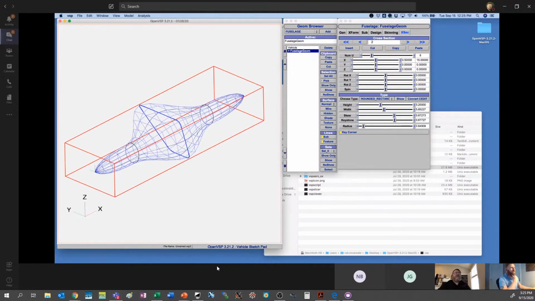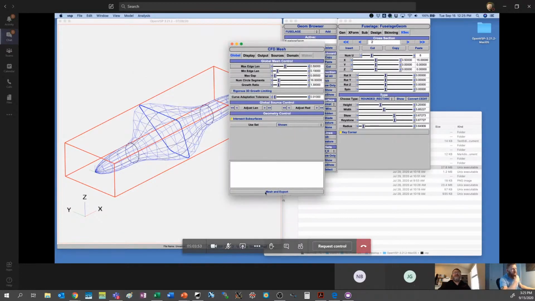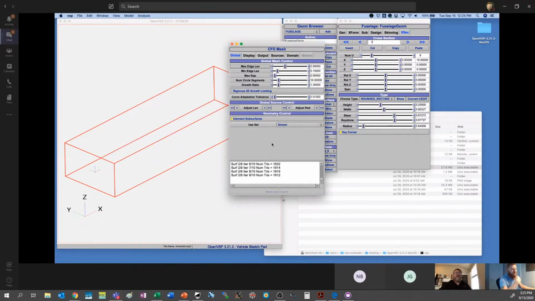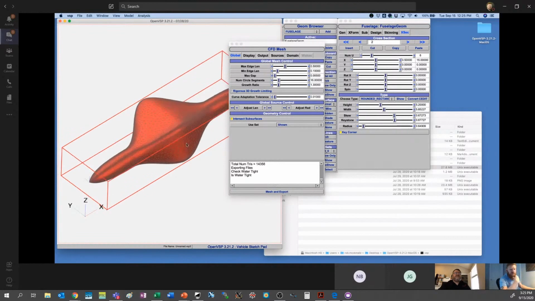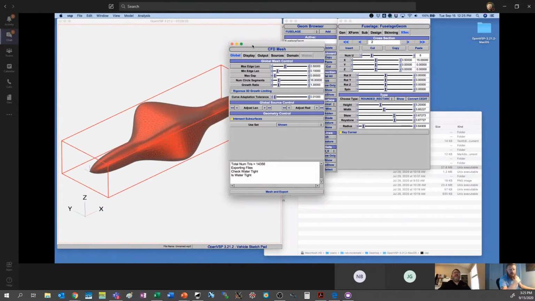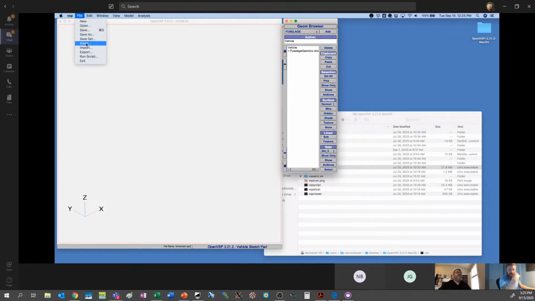Then what I'm going to do next is come into CFD mesh. We'll talk about this another time, but we're going to hit mesh and export real quick. I did that because I'm using this to create a cloud of points. So we'll say this is my point cloud. Right now I'm going to close that and not show it. But what I want to do is, oops, not insert, I want to import